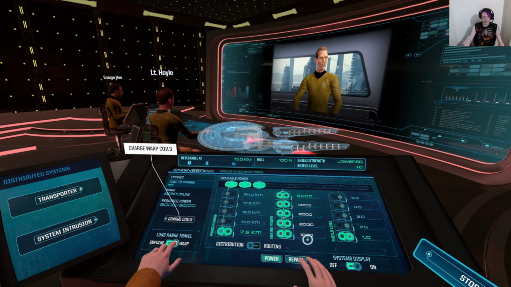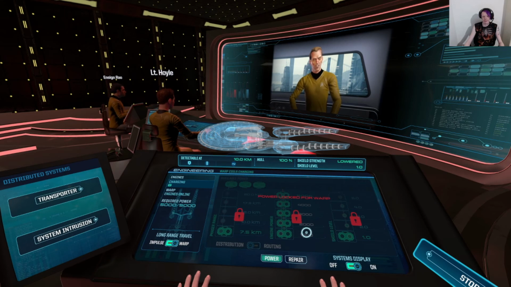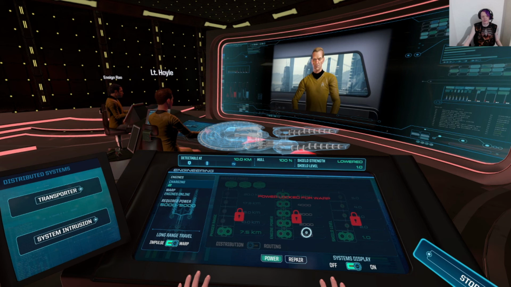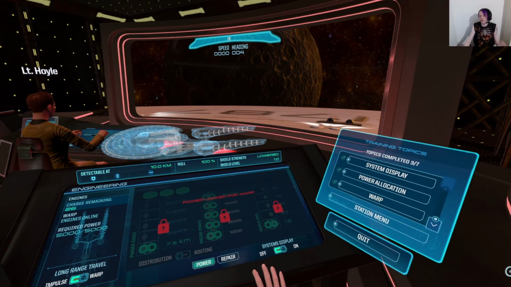Onto the warp menu. Charge warp coils. The helmsman will have a limited time to engage the warp drive, or the coils will automatically discharge to prevent damage to the ship. Oh no, everything's locked out. Warp coils charged. And of course it ain't gonna do anything, because we ain't going nowhere. So,